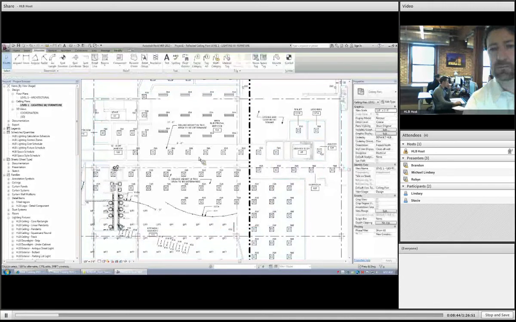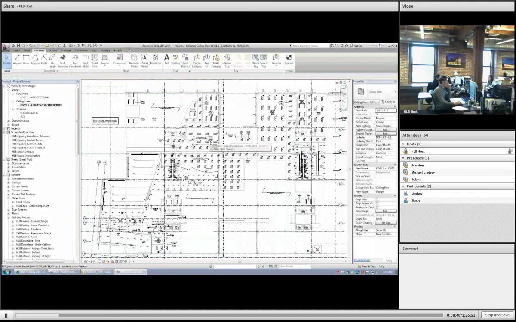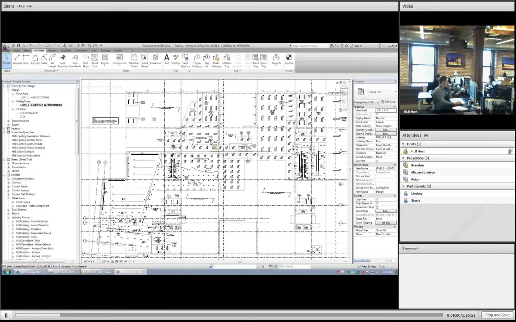Okay. So a lot more fixtures in there. That's probably due to a series of work sets that are open or that they're being controlled by. Some of this stuff is stuff that we've done actually. Oh, okay. There's stuff over here we've done. Great. So they actually had incorporated your work,